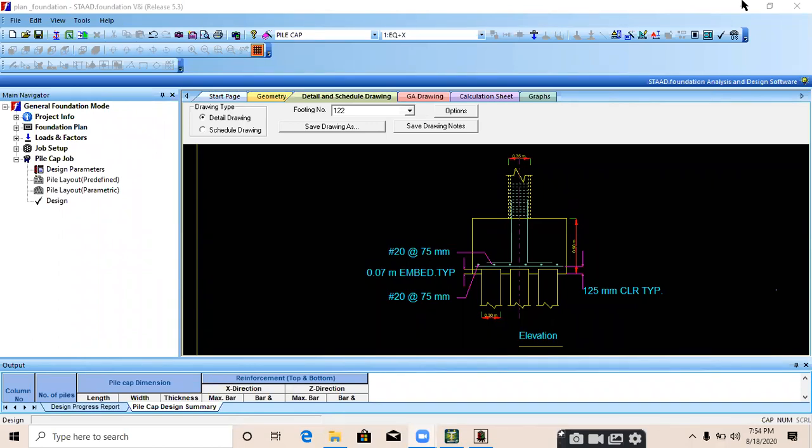Sir, by designing, can we take both seismic and wind load for calculation? Just repeat. While designing the building, can we take both wind load and seismic load at the same time, or is only seismic load enough?